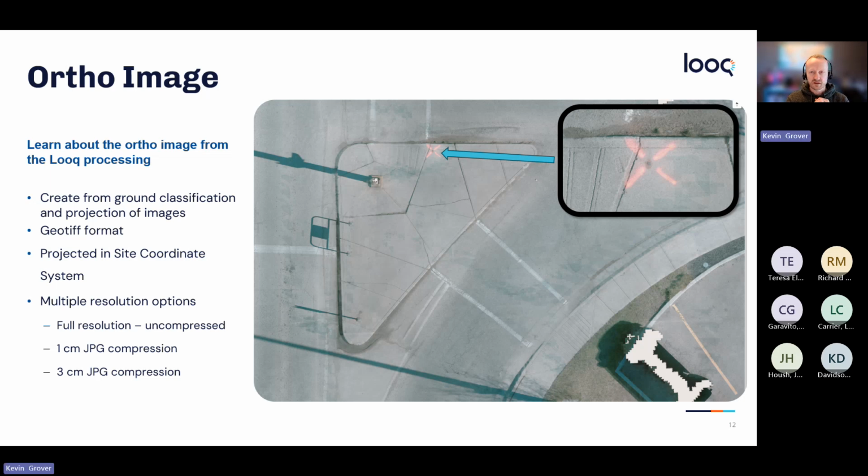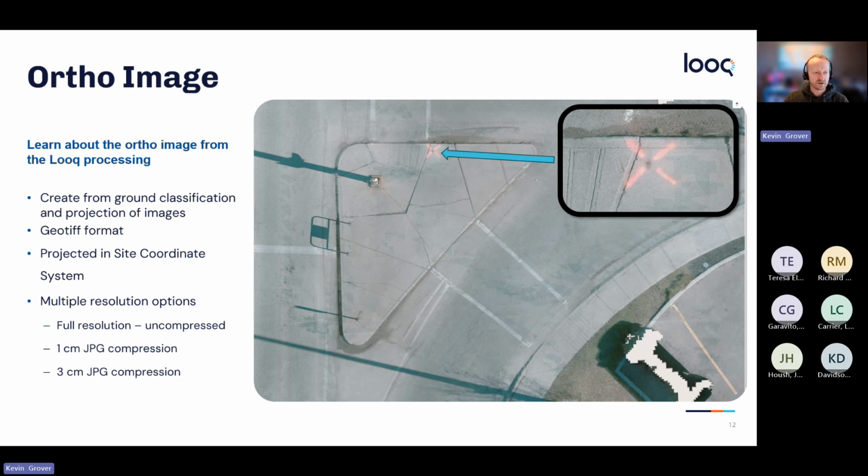The ortho image is the other format that we generate that can also be shared out. Being image-based on the ground, we generate a ground classified surface where we filter out all above-ground features, and then we project the imagery onto that to generate a very realistic ground model, and that's how we generate this ortho. People have been using drone capture for aerial, but the benefit of ours is we clean out all of the above-ground objects. You don't see things in the data set like